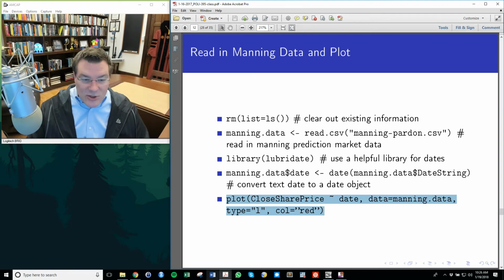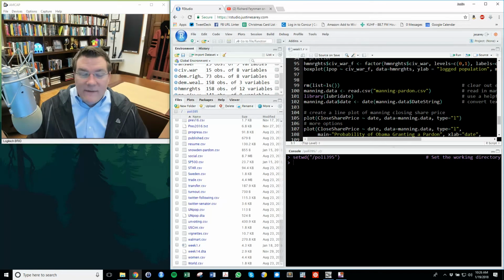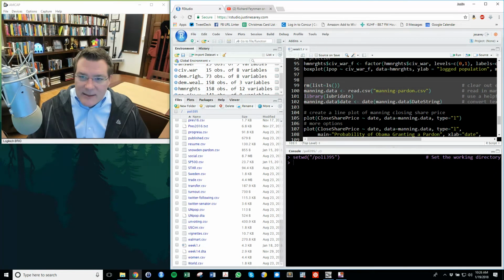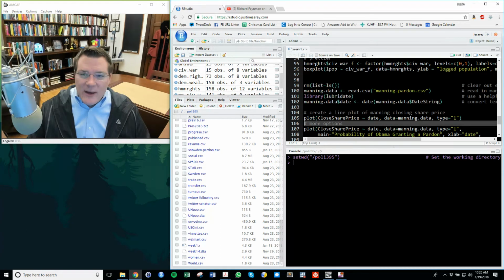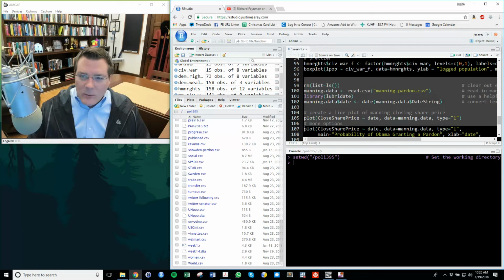These are all, I should also note, already available in the week1.r file that's available on your RStudio server. So you should be able to literally just run these commands along with me. If I just run these commands, I'll show you the answer first, and then we'll talk about what's going on here.